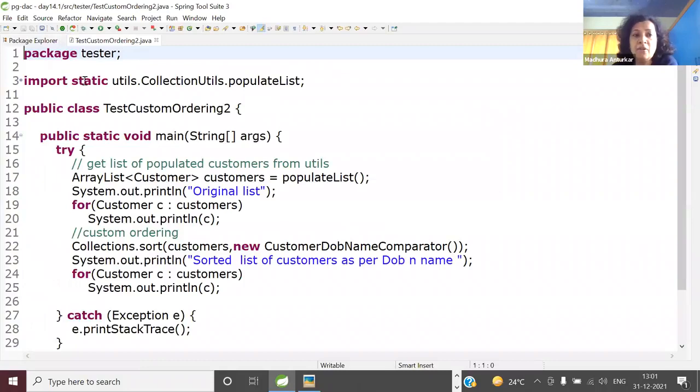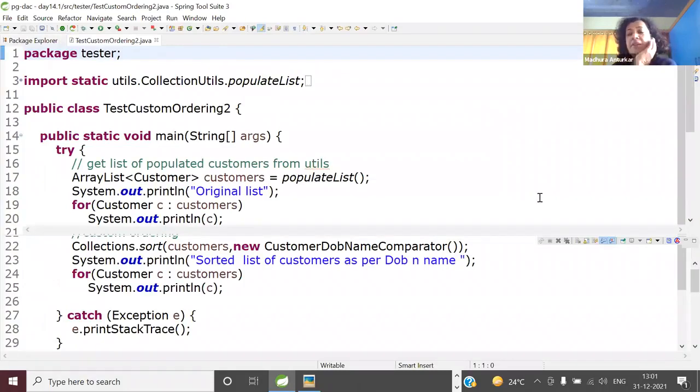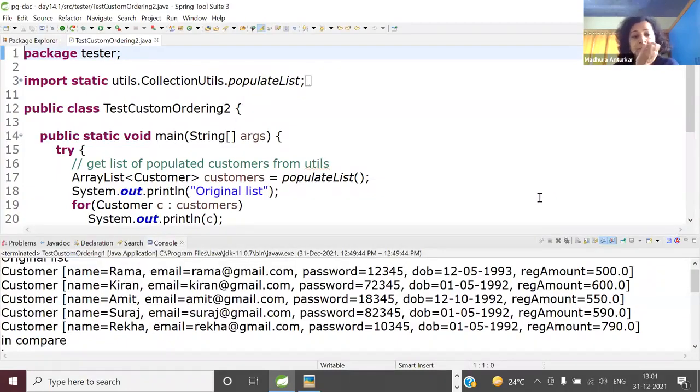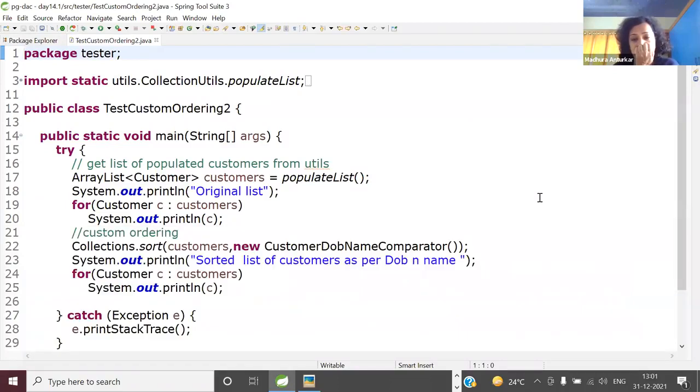I'll wait here till you have got the second copy done. We'll make the changes together. Do let me know whenever you're done. Just copy your test custom ordering 1 to 2 and we will start making the changes together.